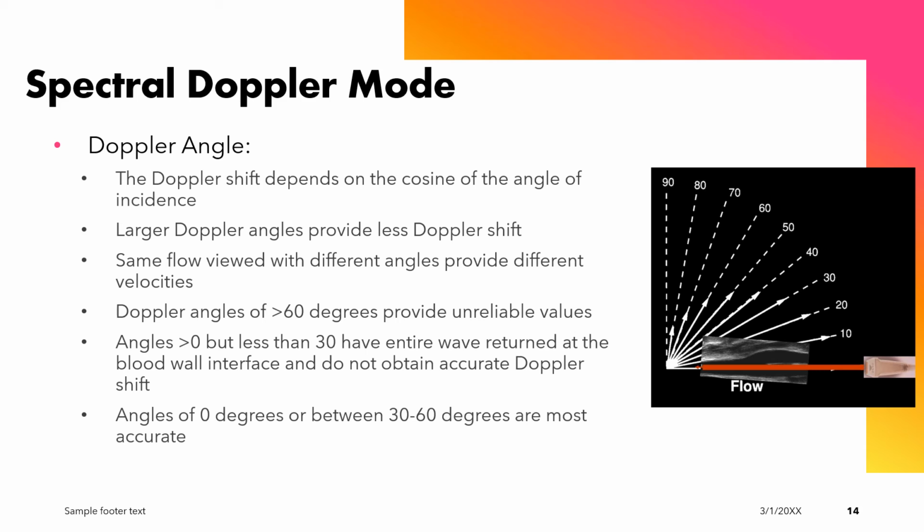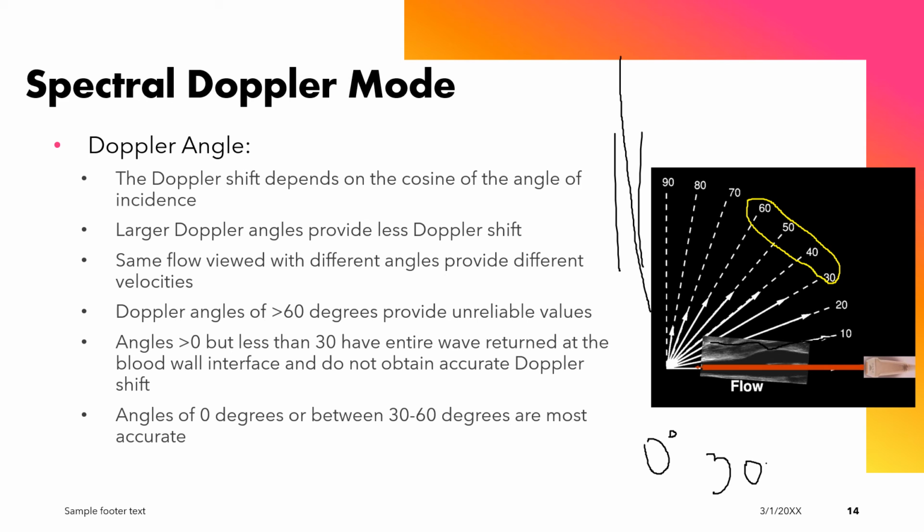So one might think, well, 0, 10, 20, 30 would be the optimal angles of insonation. And you would be right at the 0. However, 10, 20, and 30 tend to send a sound wave out, have that sound wave basically skip off the vessel wall and bring back no useful information. So your optimal angles are actually 0 degrees or straight up and down at the vessel, if the vessel's up here and I want my angle coming straight up and down, or 30 to 60. So 30 to 60, right in this vicinity here,